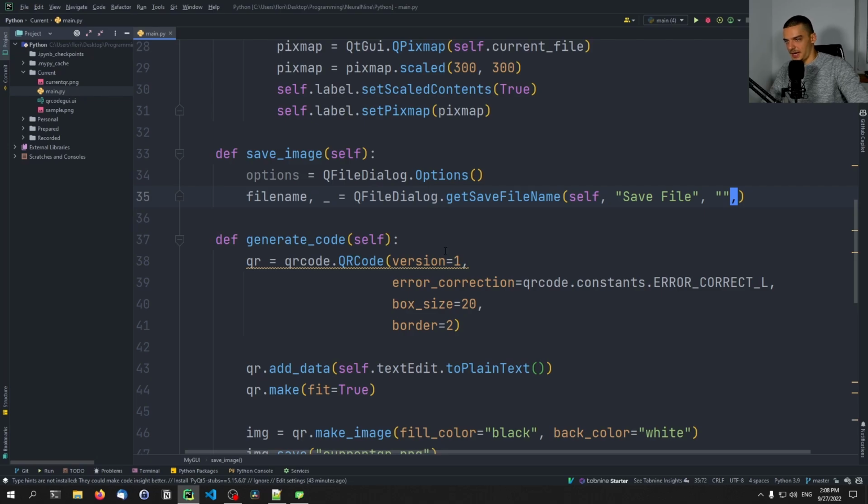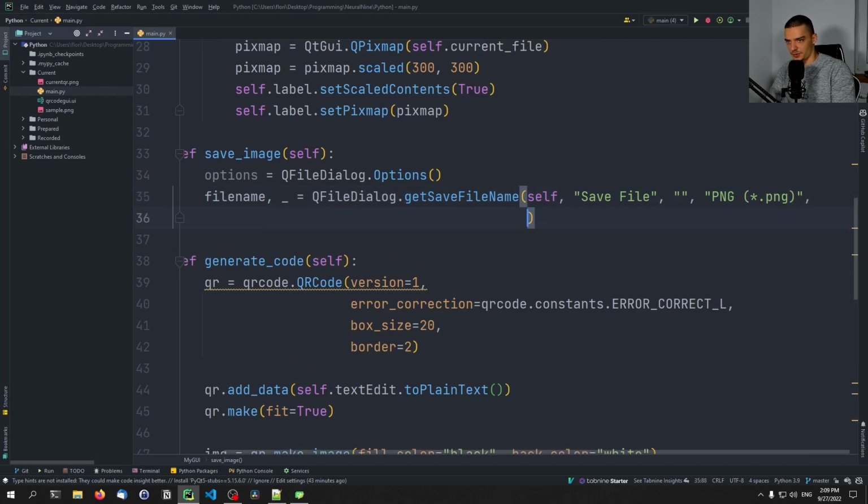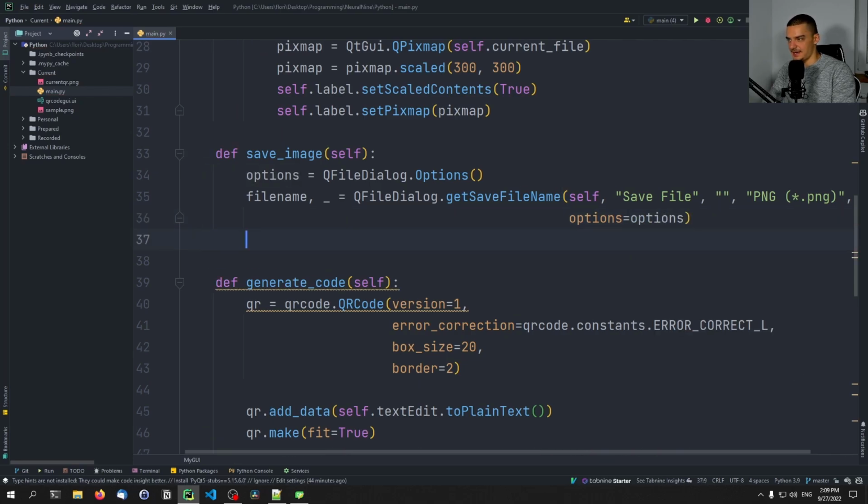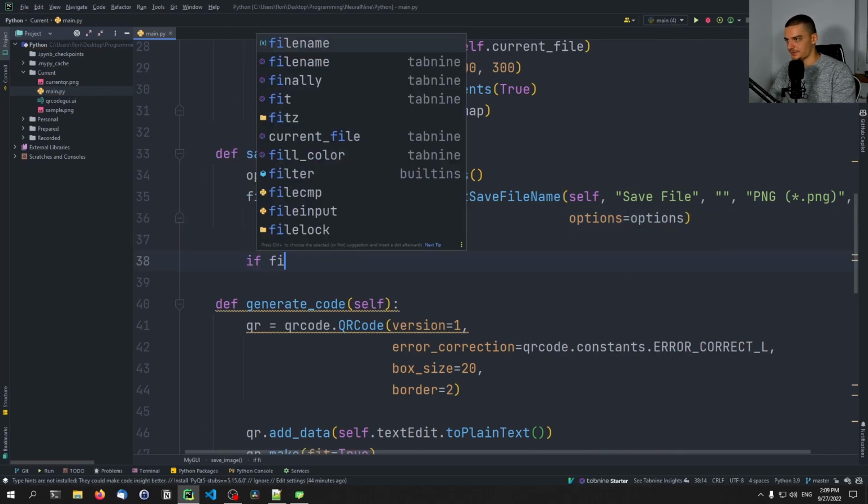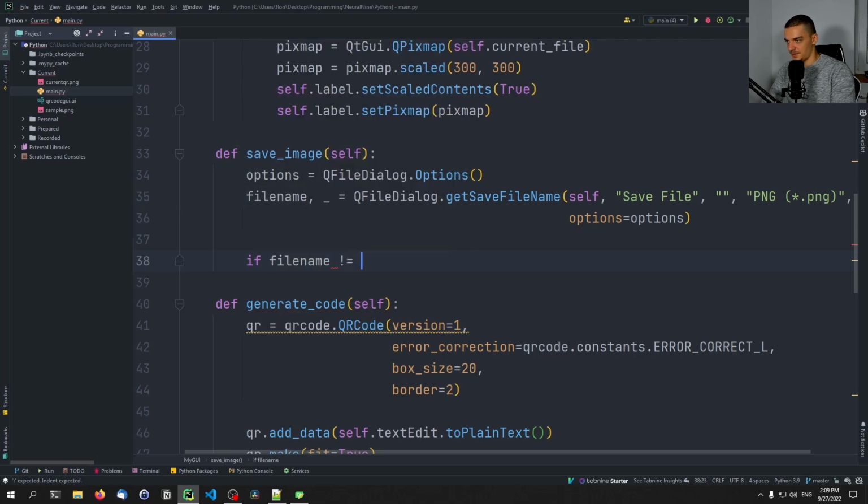QFileDialog.getSaveFileName. And here we have self, save file as a title, an empty string. And we're going to say now that we only accept PNG. So we're going to say PNG and then in parentheses, every name.png. This is how we define that. And then we're going to say options is going to be equal to options. And we're going to then say if a file name was provided, if file name is not equal to an